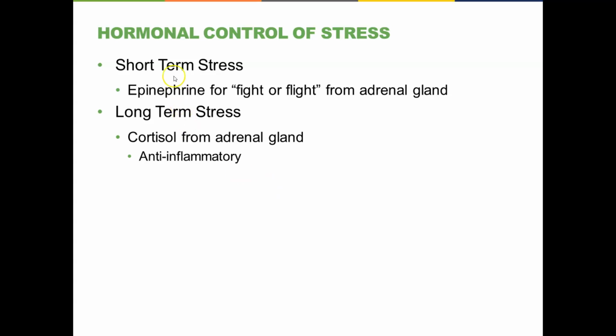All right. Two examples of hormones involved in accommodation to stress. Short-term stress, a momentarily very dangerous situation, so-called good stress. We release a bunch of epinephrine. This causes time dilation. Time seems to go by slower for you. Heart rate and breathing all go up. Muscle tone increases. All your muscles get tenser. A bunch of things change, and that basically prepares you to run away or to fight. To fight or to run away.